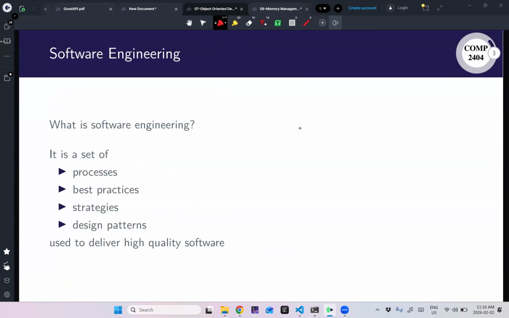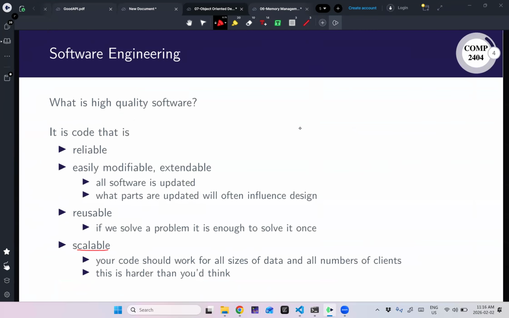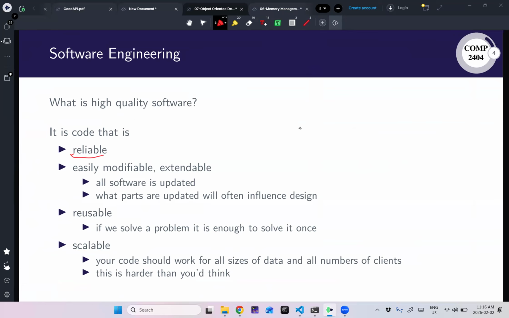So what is software engineering? It is a set of processes, best practices, strategies, design patterns used to deliver high-quality software, arguably. What is high quality software? Well, code that's reliable. This is number one, right? Customers like it when your software works, and they hate it when it doesn't work. That's a sort of universal truth.